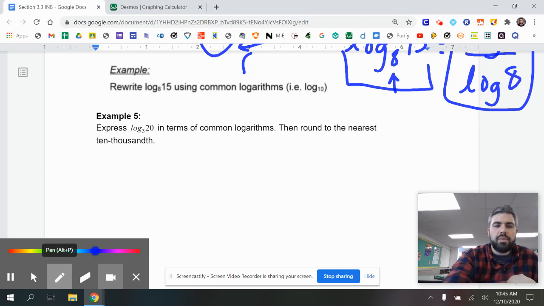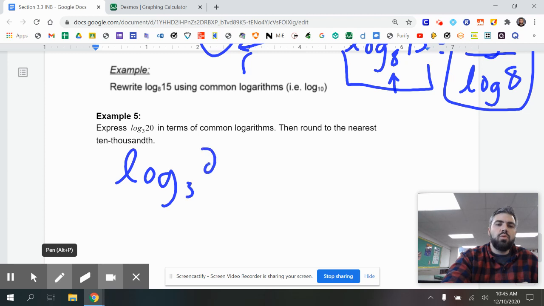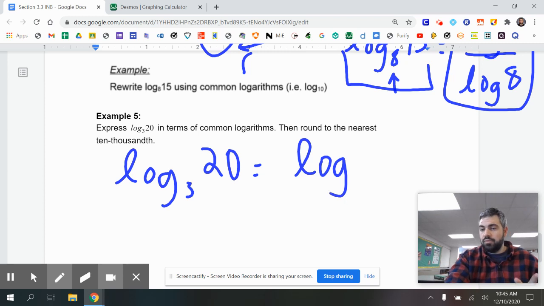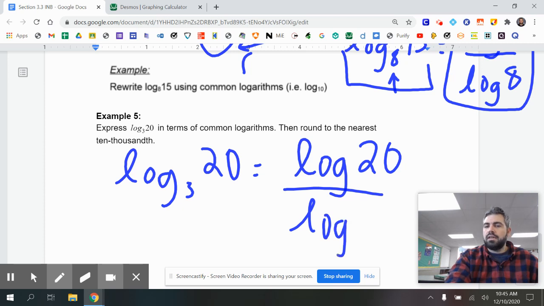It says express log base 3 of 20 in terms of common logs, and then round it to the nearest ten-thousandth, which would be 4 decimal places. So according to our change of base, log base 3 of 20 is really just the same as common log, our different base, of 20 divided by log base 10 of 3. And so we can do that on our calculator. I'm just going to make sure, in parentheses, I do log base 10 of 20 divided by log base 10 of 3, and I get that to be